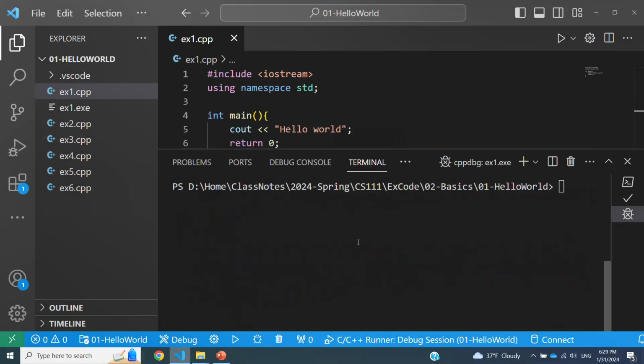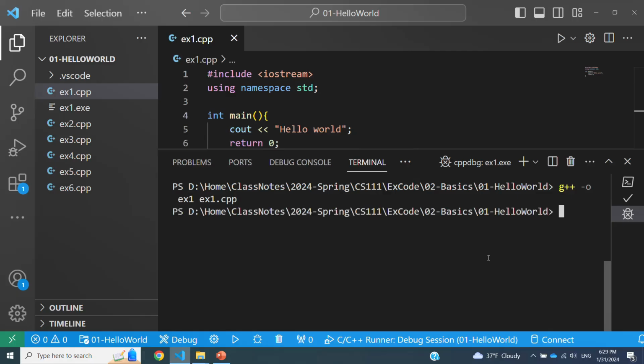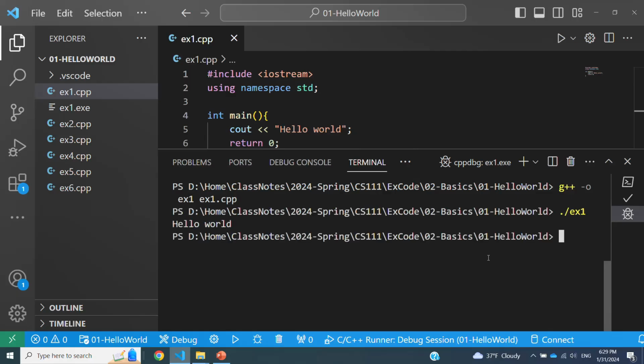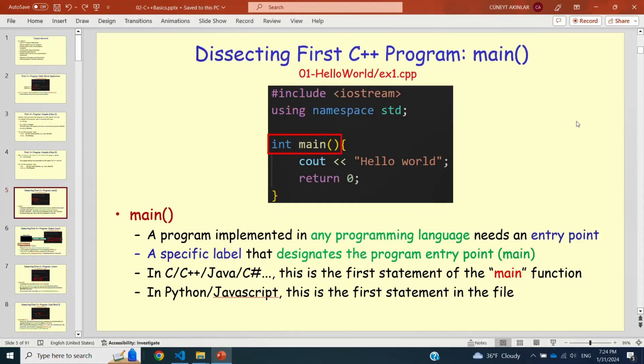You can also see the name of the executable, ex1.exe, being created. So what VS Code is doing in the background when we say run is basically running g++ -o ex1 ex1.cpp, which creates the executable and then just runs it. And that's why we are seeing the output on the terminal. Now that we know how to compile and run a C++ program, let's go into the details of example 1